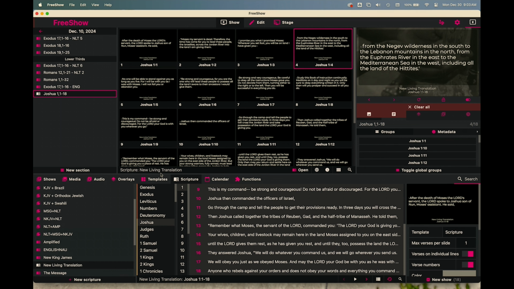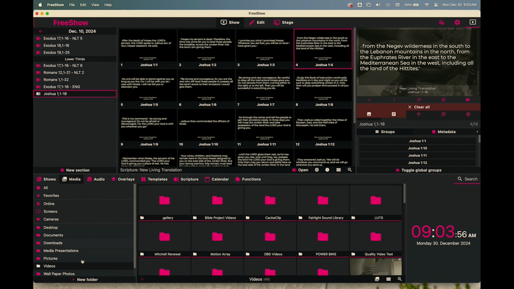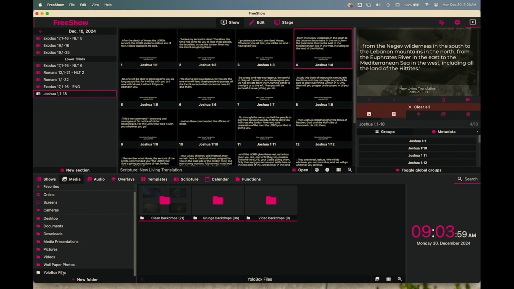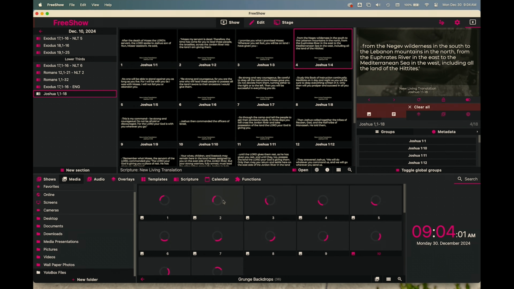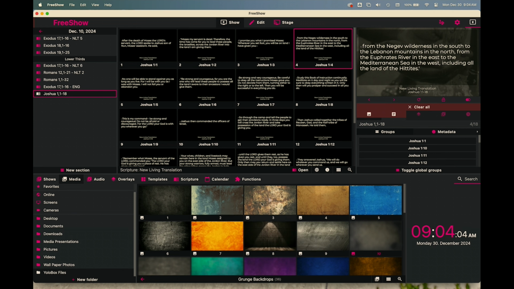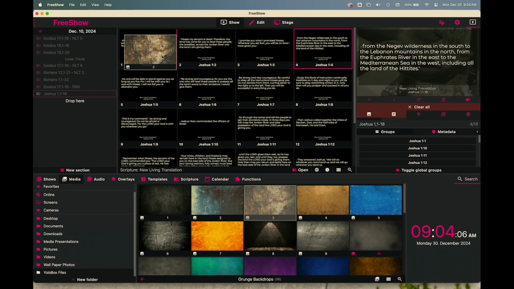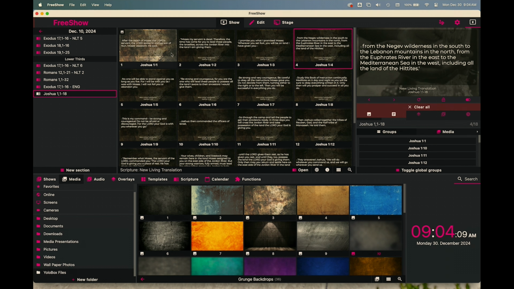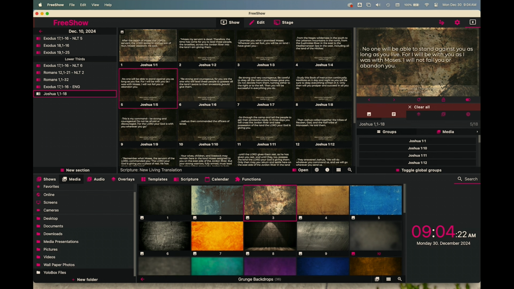And so to update your backgrounds for your content, you can go to your media. I've got some files here for different backgrounds. And let's say I wanted to make it this field. So I pull this up here. And when I put that in, it's there. I can see that it's there. I have to refresh. Okay, so I need to update my output. And once I update my output here and click on the next slide, you'll see that it's there. All right. So I can go through, and now I've got this new background, the stylized version of a verse,